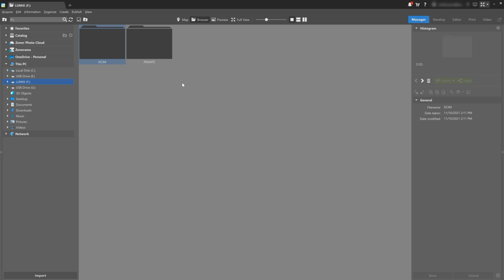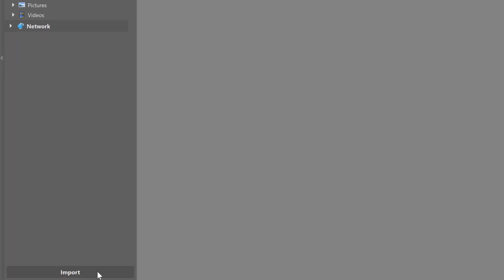If you want to save photos from a memory card to your computer, it's best to use the import function. Of course, you don't have to use this import function. You can always drag and drop the photos from your memory card like usual, but then you have to create a new folder, name it, etc. So importing actually helps a lot more by automatically sorting your photos based on basic information like the date it was taken, for example. And this is a great way to increase your workflow and organization at the same time.